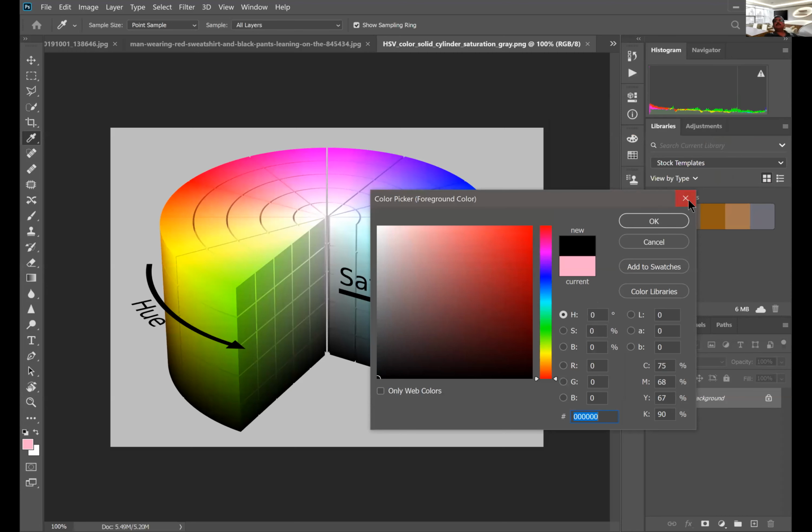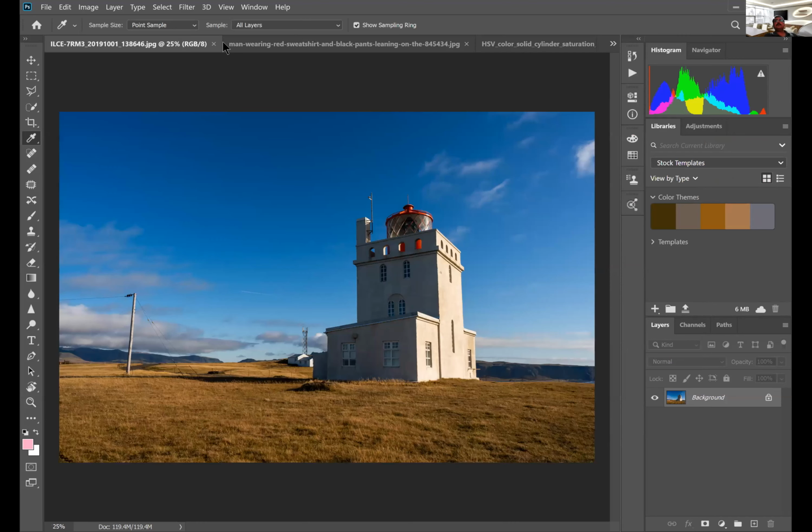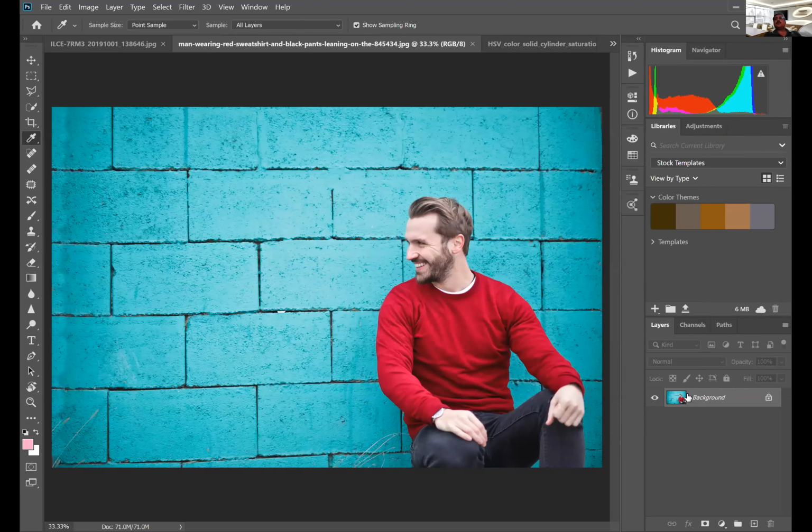Okay, this is my Photoshop. So this is what I'm going to use today to show you how to change the colors.